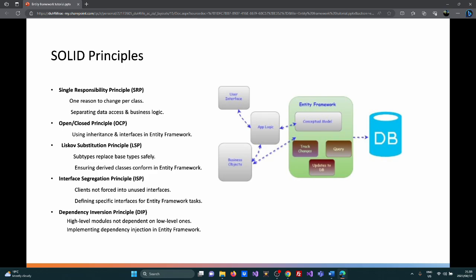Using inheritance and interfaces in Entity Framework will help you to do this, and this is why later on in the video I'm going to teach you all how to make applications that are object-oriented programming powered using Entity Framework, because I want you to grasp OOP in the sense that if you follow the OOP principles, in turn you follow the SOLID principles as well, because OOP renders your applications scalable and maintainable,